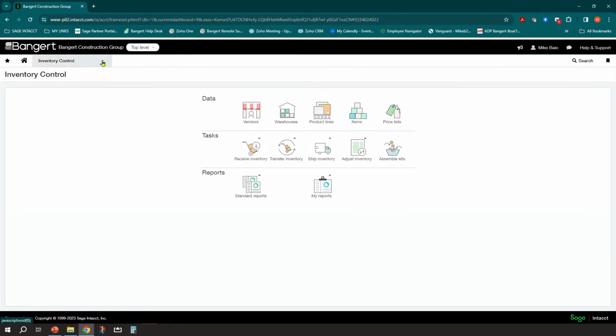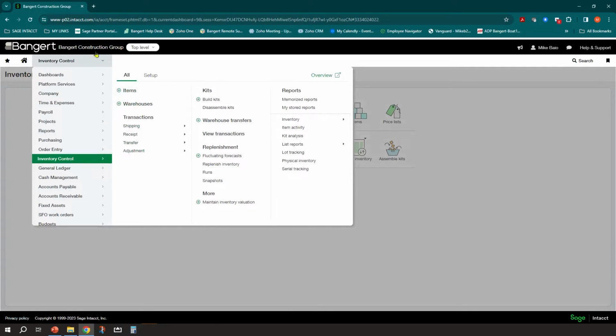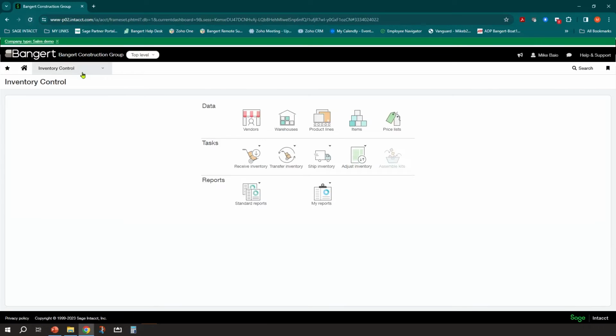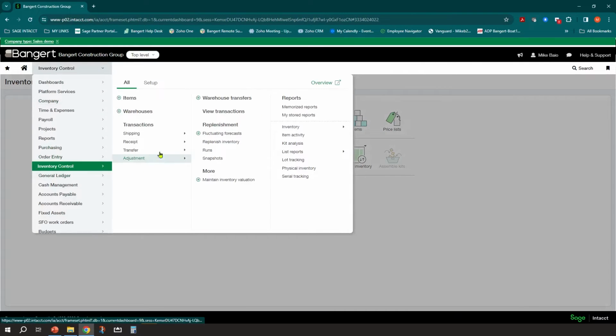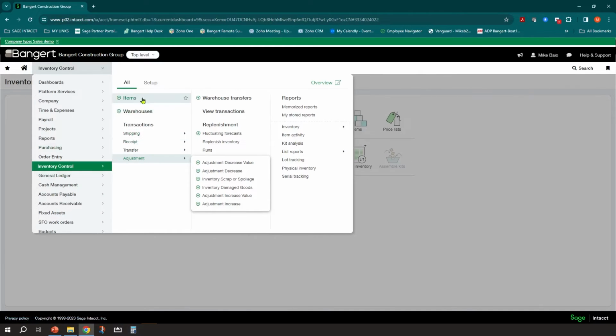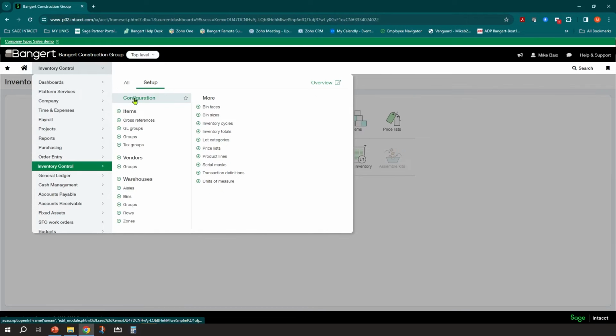Once you hit save in your configuration, if you did make any changes, I'm going to refresh this and we'll see if that screen looks a little different now. Under inventory control, you no longer see, and we didn't really see it before, but we had the kit on there that's not showing up there anymore. So that basically is what you need to do initially to get your inventory configured so that you can take it to the next steps.